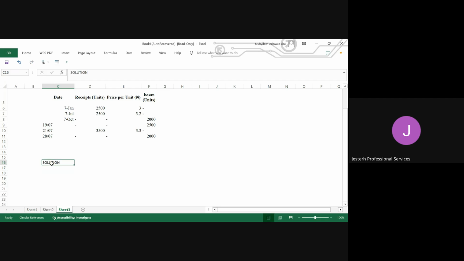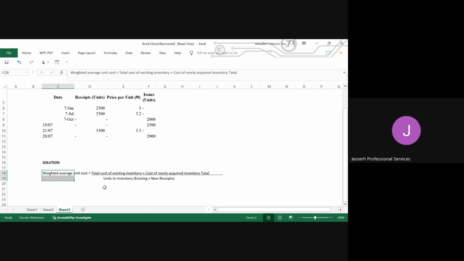Now, one important thing that you need to understand here is, once you're able to know the formula to calculate the issuing price, you will not have issues. But if you are unable to understand how to calculate the issue price, that is where we'll be having some challenges. So this question is one of the past questions on the ICAN pack, I think 2022 or 2023 November.